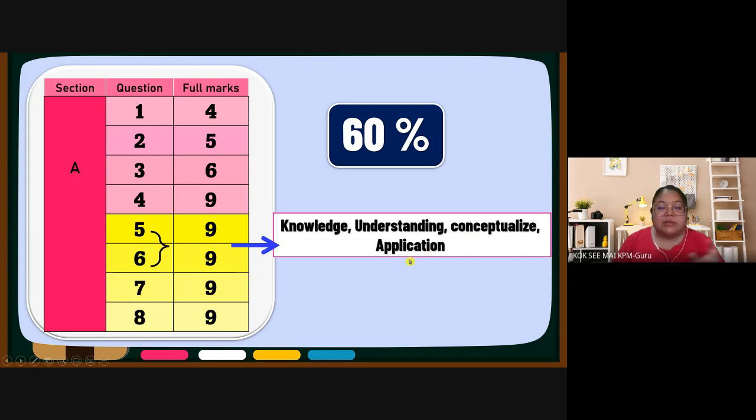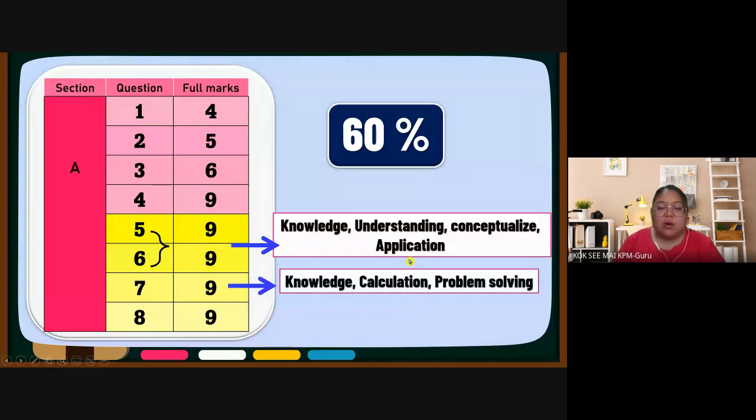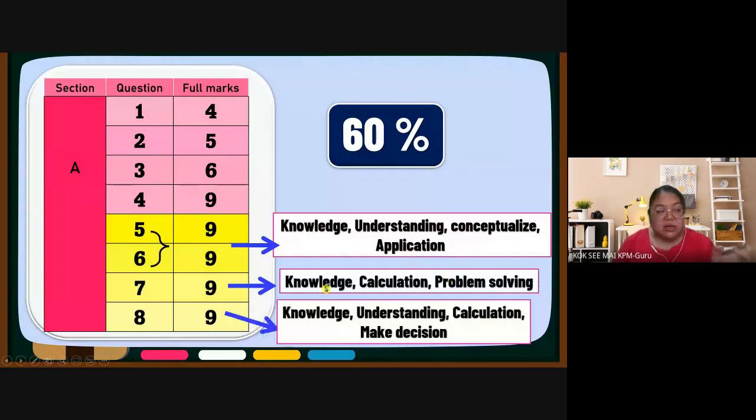Okay, how about 7 and 8? 7 and 8 also is the same pattern. Okay, let's see the 7. 7 is a knowledge, calculation. 它有算的。Okay, after that problem solving，这个 problem solving 就是有一点点像我们的 essay，但是还是比较短，没有这样长。essay 是10分吗？problem solving maybe 6分罢了。OK，第8题 knowledge, understanding, calculation,